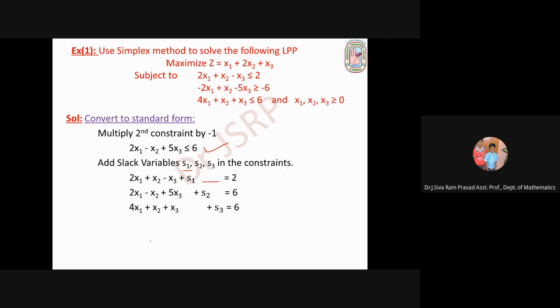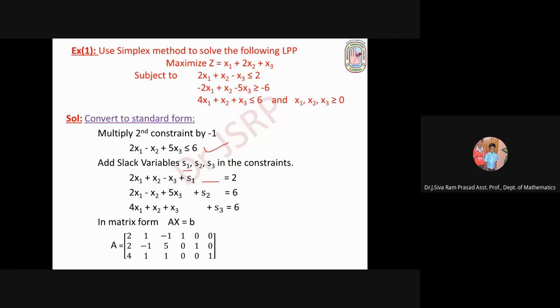Okay, right. So second step is convert inequalities to equalities. Write in the matrix form. How do you write in the matrix form? AX equal B. A is the coefficient matrix, X is the variable vector, B is the right side values. So what is A? First row is coefficients of first equation. So x1 coefficient 2, x2 coefficient 1, x3 coefficient minus 1, S1 coefficient 1. There are no S2 and S3 terms in the first equation.